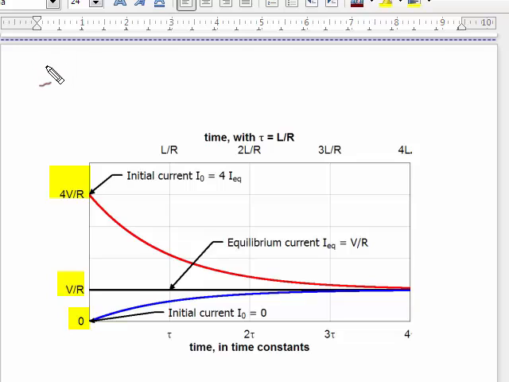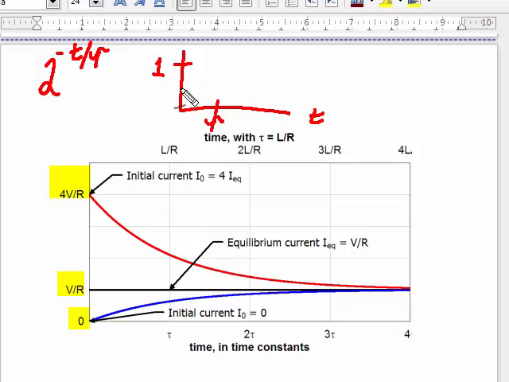If I have something to the base 2, with t over something I'll call tau, which really is a half-life, and I graph this, say I start at 1, and here's time. Every time I get to one time constant, I'm down by a half. Here's 2, I'm half of a half, etc. So if I count by time constants, all of the graphs